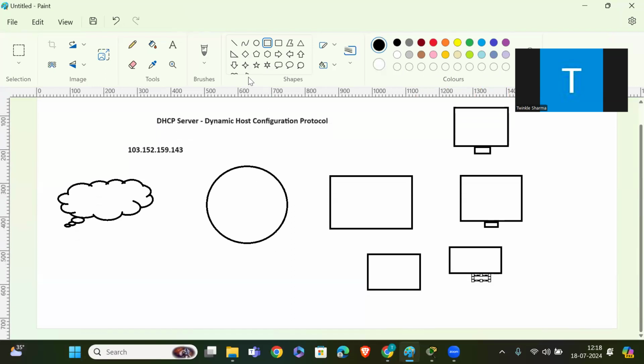So when I search in my system, it is showing the same public IP address. So the ISP service provider allotted this IP address to my router, and the router provided it to all these systems.